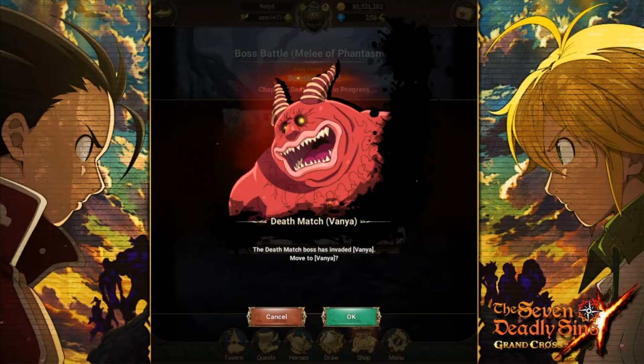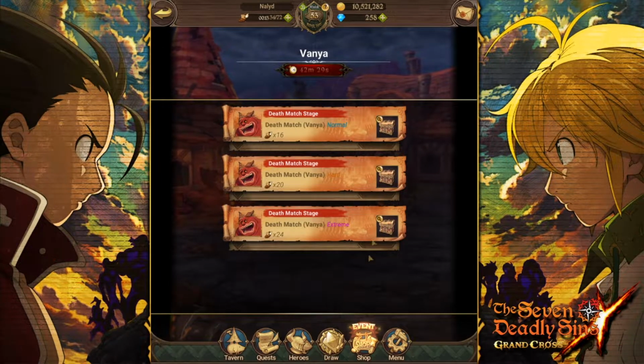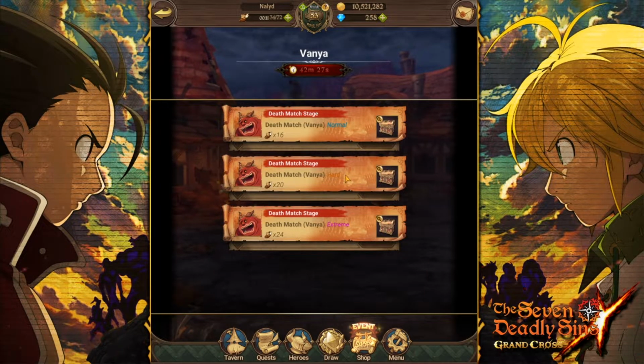So we're going to switch over. Yeah, let's go over here. We'll look at just a hard. Obviously, there's 3 different difficulties that you can do. You can do normal, hard, or extreme. The thing is,